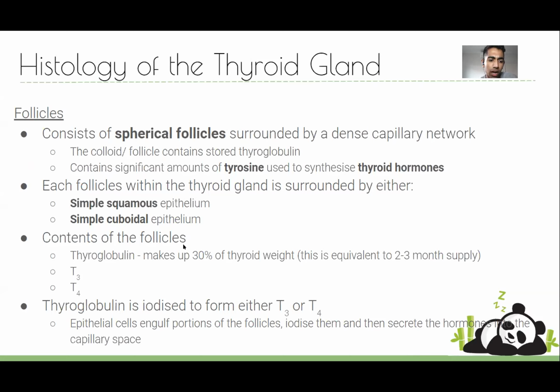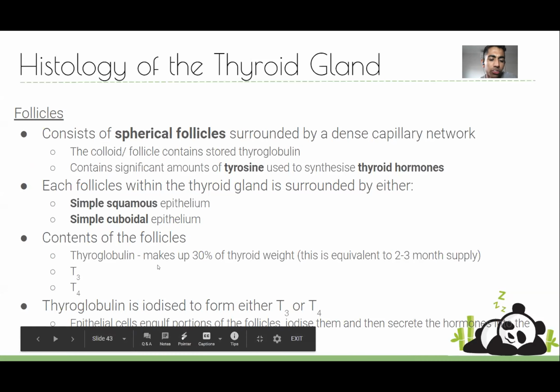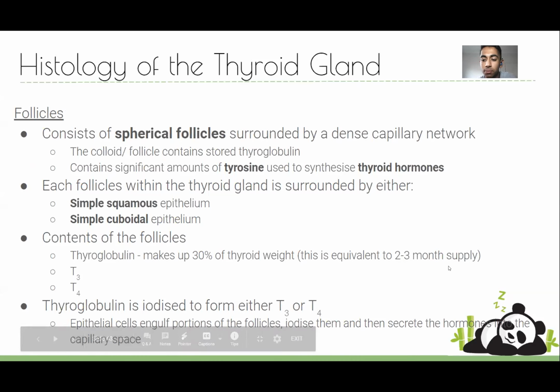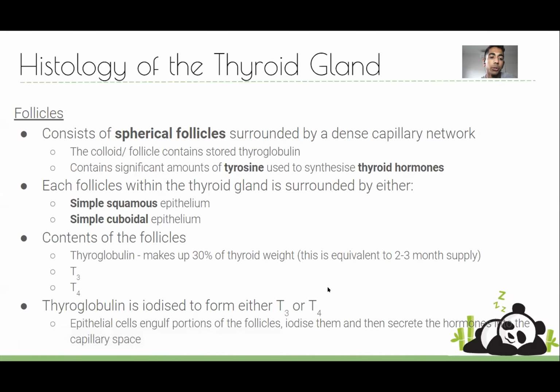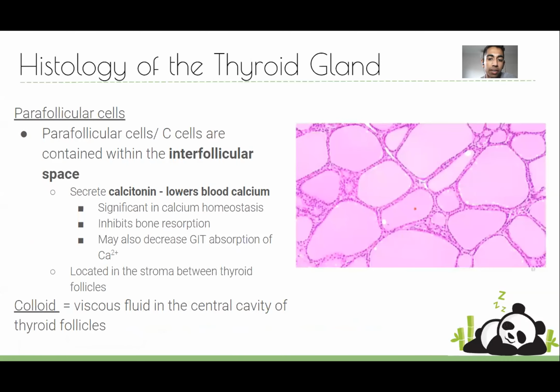Within the follicles, you've got your thyroglobulin as well as your T3 and T4. Your thyroglobulin acts as a storage and a reserve. You've got about a 2 to 3 month supply before it runs out and you're going to have thyroid problems, if you're ever in an iodine deficiency and run out of the contents you need to make up your thyroid hormones. This thyroglobulin is eventually going to form your final T3 and T4 products, and we'll talk a little bit about its formation later. But just be able to rate